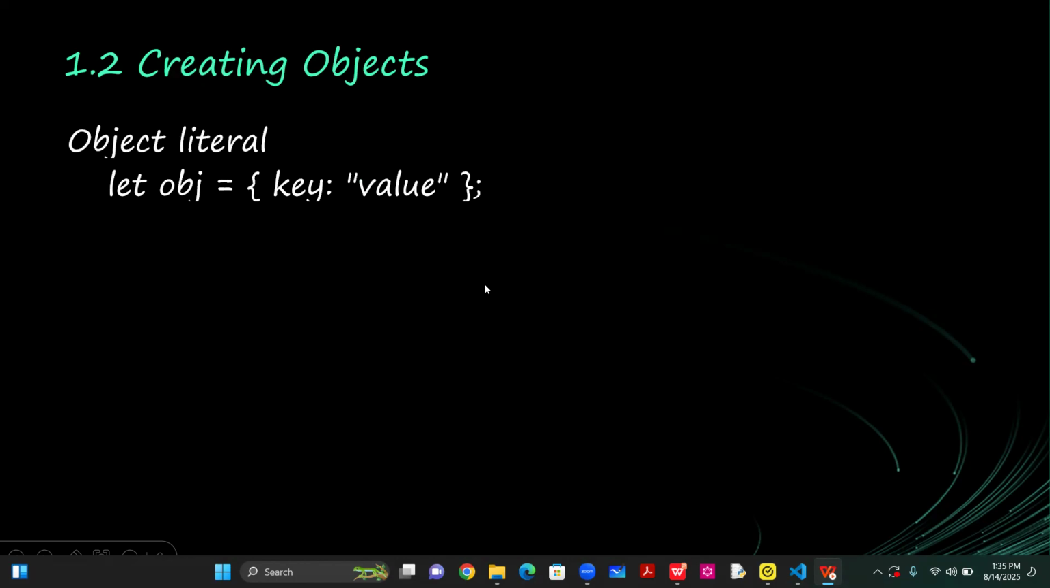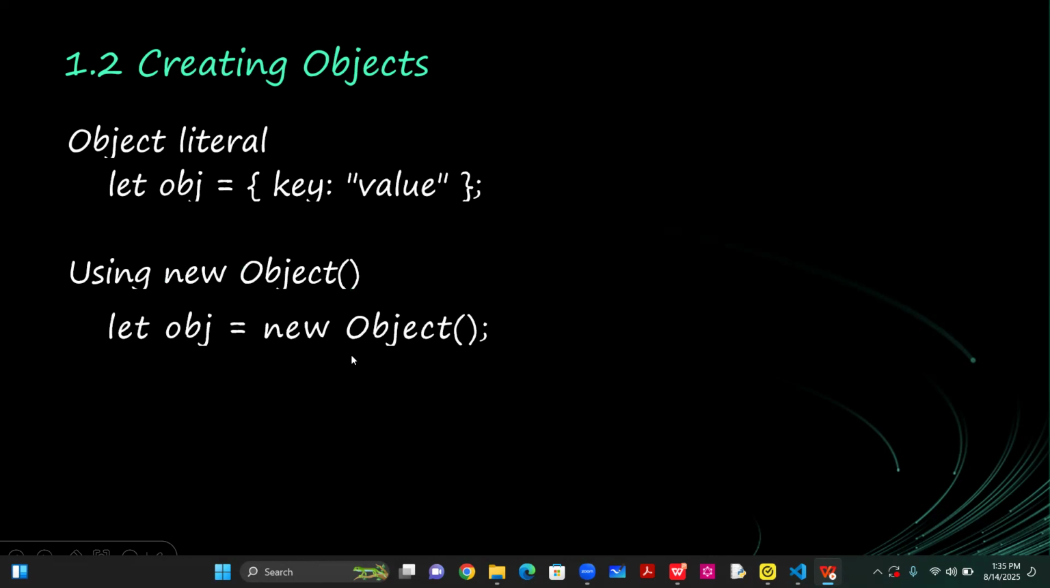So object literal, how do you create objects? You can create objects using object literal. That's the first one that we have done so far, using the curly braces. So this is called object literal. The key, the value. We can also use new Object. You can use new Object to create